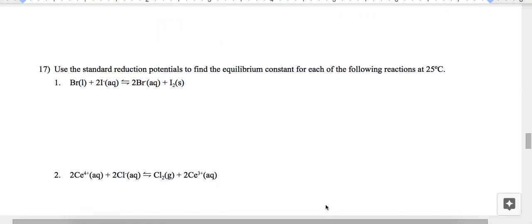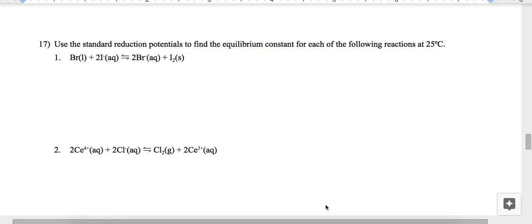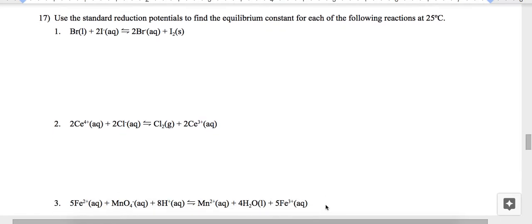Number 17 is going to be just like number 16, so I don't think I'm going to work on any of these here. Well, number 3 is kind of messy, so maybe I need to look at that. But this one here,